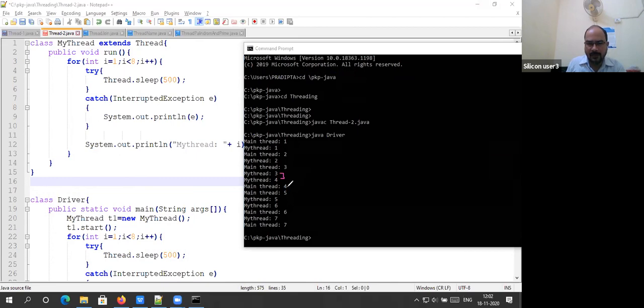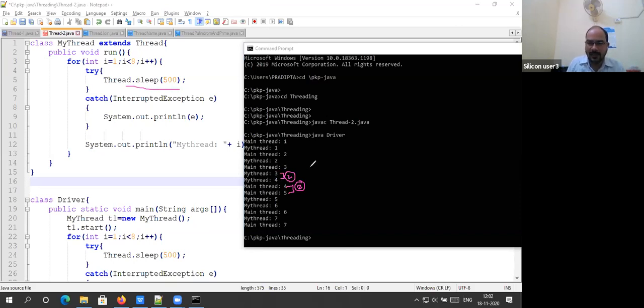Sometimes you have main thread 4, main thread 5. It is performing two operations. This doubt is genuine. As the thread is sleeping for 500 milliseconds, the other thread should get a chance. Then the main thread comes into the picture. After the main thread comes into the picture, why is it executed twice?